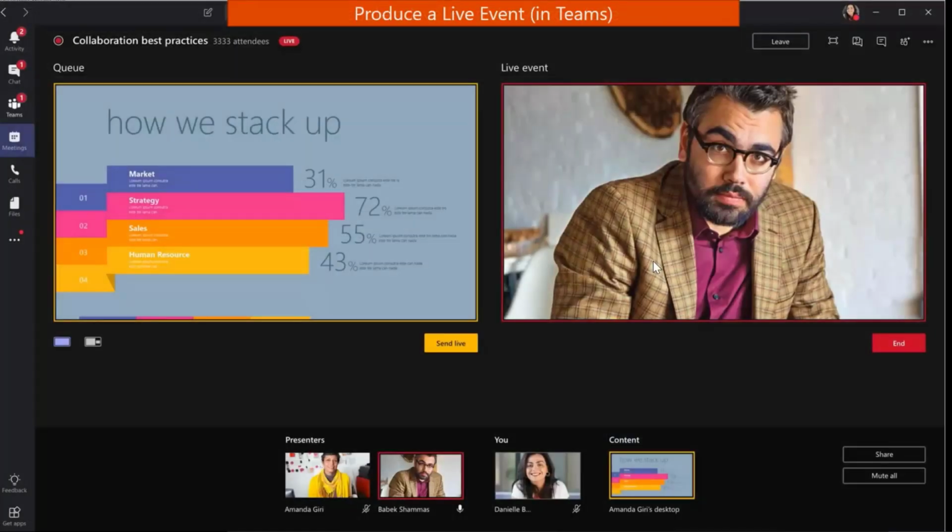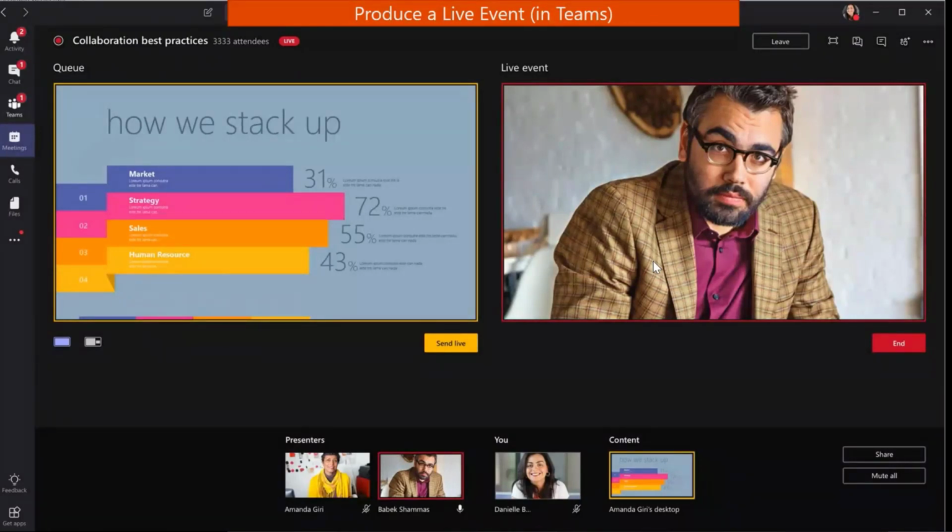Now, once you schedule it, you will send that invite. When you're scheduling, you're adding 1 or more presenters, and then you're assigning them a role. As you're assigning them a role, they will get the invite. When they join the meeting, they automatically get the presenter role. So this screenshot that you're seeing currently, this is me in the producer role. So the producer sees this.